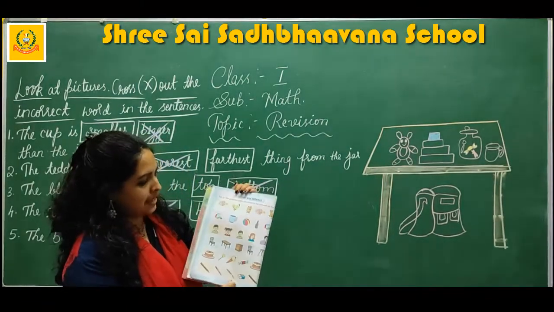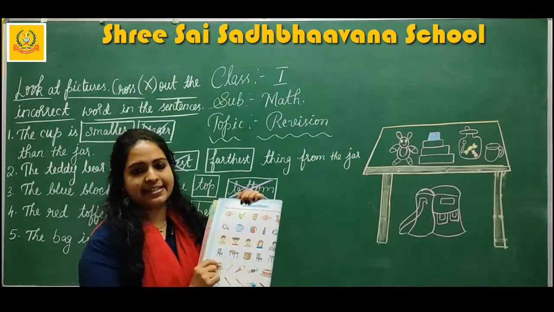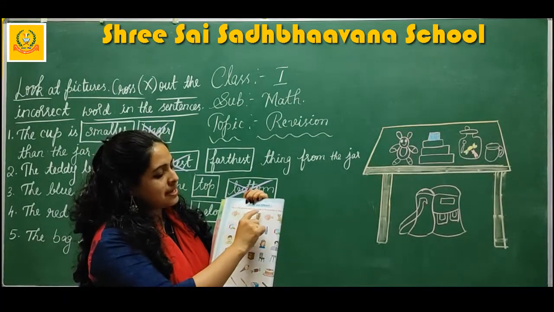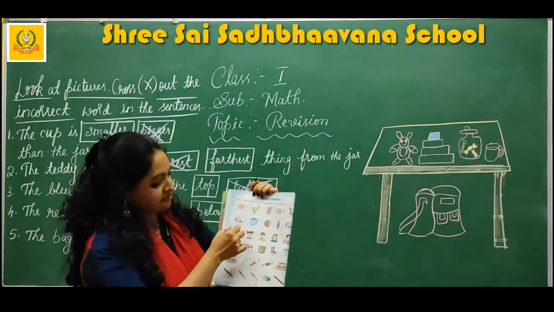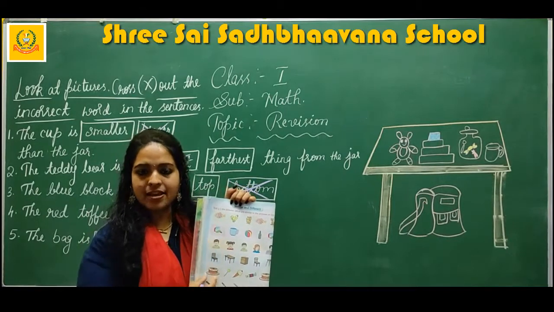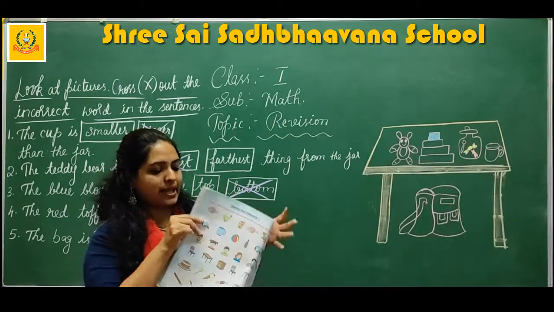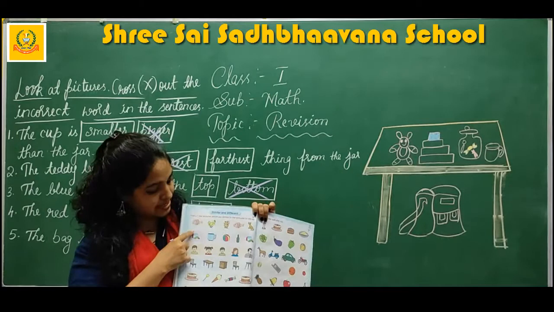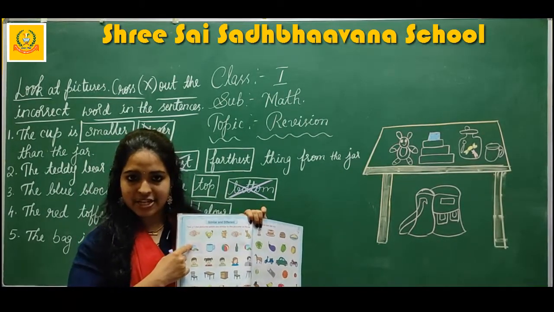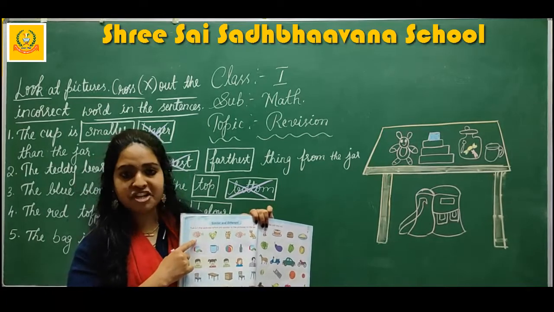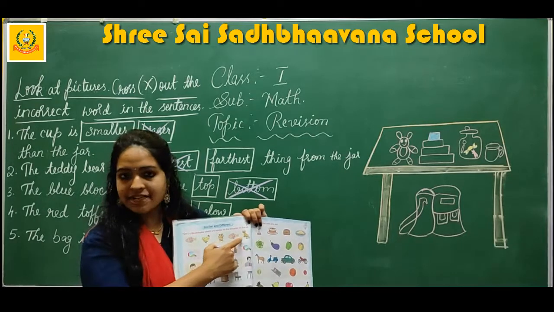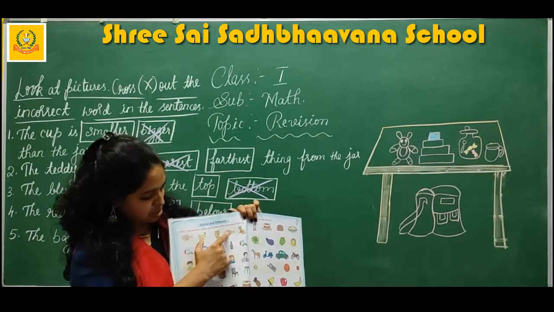Shall we see now? Page number 12. Similar and different. Take the pictures which are similar to the pictures on the left. Can you see? This is the left side. Can you see the pictures here? Yes. Now what you have to do is, here which picture is there? And here you have to search for that picture. Here which picture is there, children? Can you see the fish here? Yes. Now you have to search for the fish here. Where is the fish here? Fish is here. What you have to do?